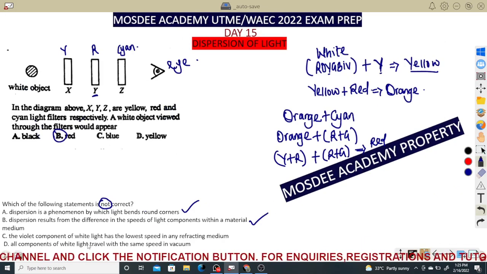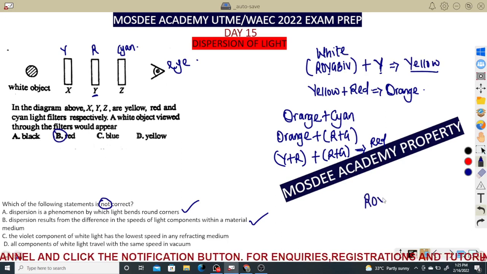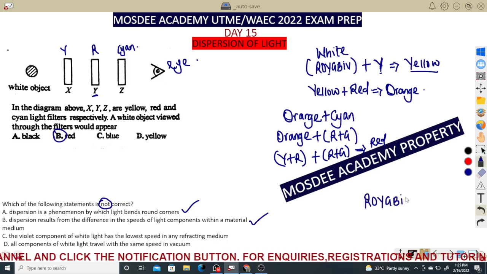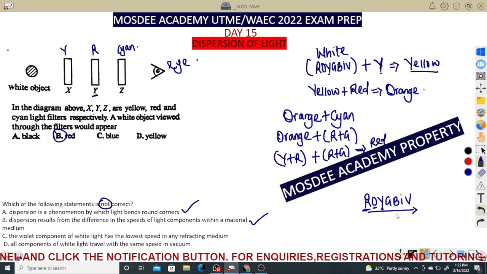Look at this first statement. Now, guys, if you are following, you can answer it. The violet component of light has the lowest speed in any refractive medium. What do we use? ROYGBIV. That is also correct, right? Which one has the highest speed? Red, followed by orange, followed by yellow, followed by, as you are going like this,